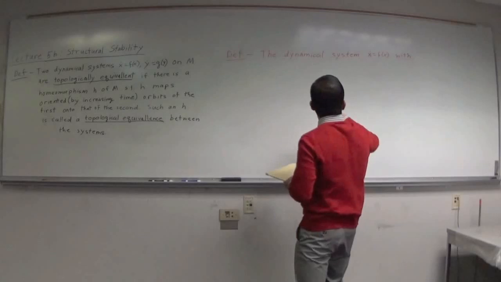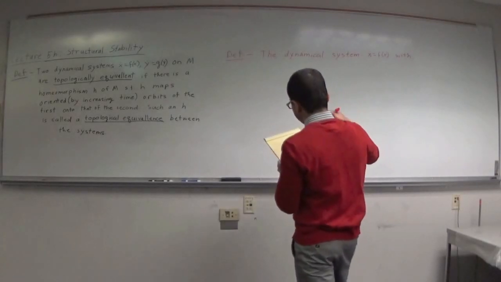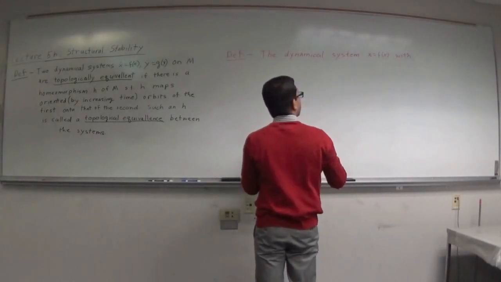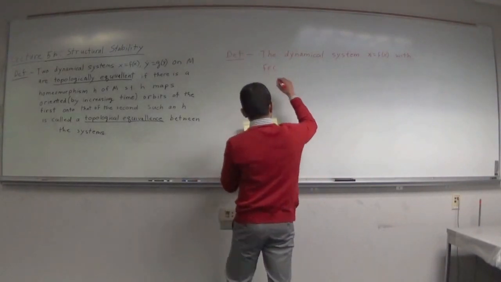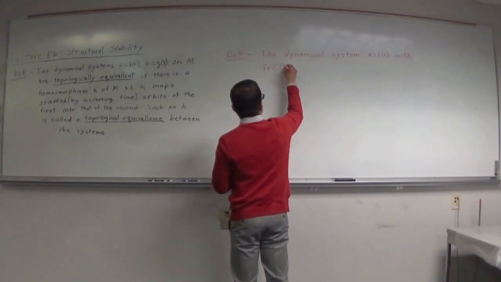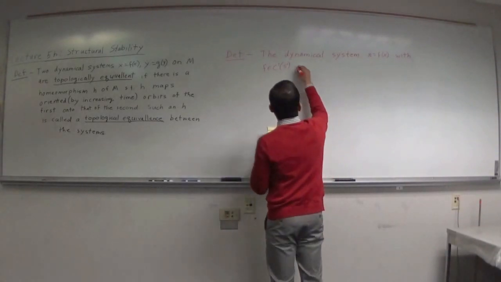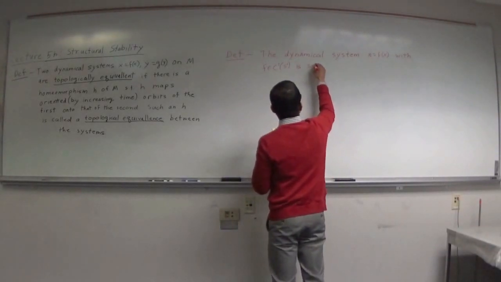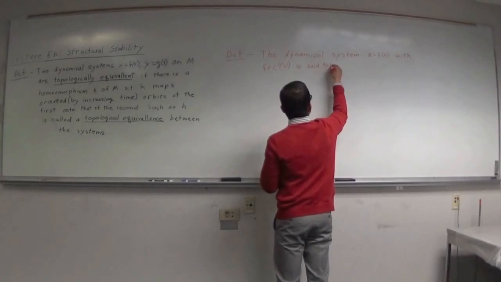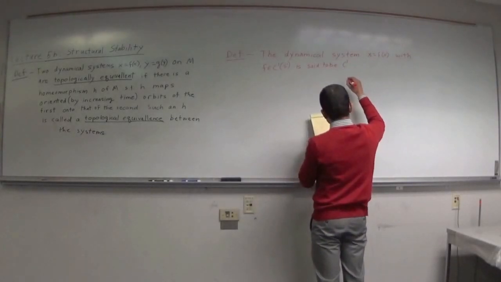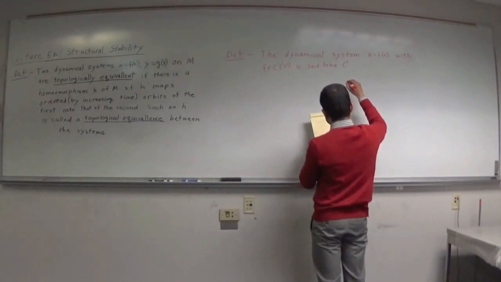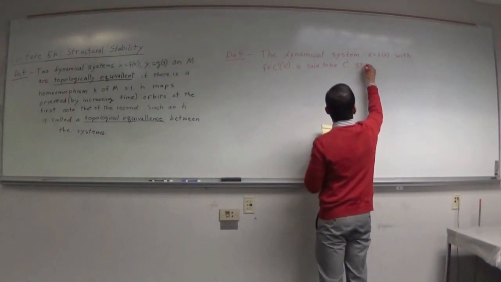I just wanted to give you the definition of structural stability first before we go backwards. So with f being continuously differentiable on S1 is said to be C1 structurally stable